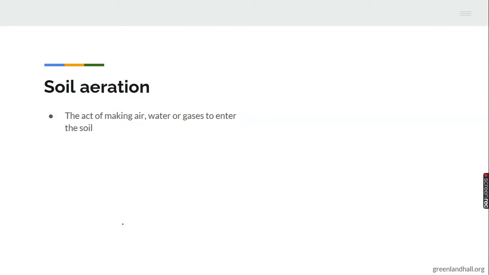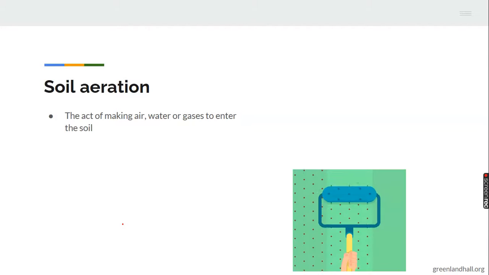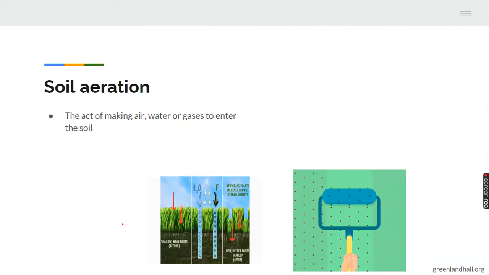Then what about soil aeration? Soil aeration is the act of making air, water, or gases enter the soil. In that way, the soil will be fertile, and it can be done with machines. As you can see, the mower, whether a mower or a mower with spikes, or tractors. It could be done manually,